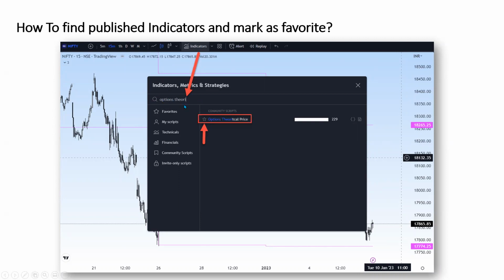Say, for example, options theoretical price is one of the indicators published by me. 229 people have marked it as favorite. Once you select this one, it'll be applied on your chart. And when you click on the star button, it will be a favorite for you. Once you mark it as favorite, it will automatically start showing up in this favorite section.